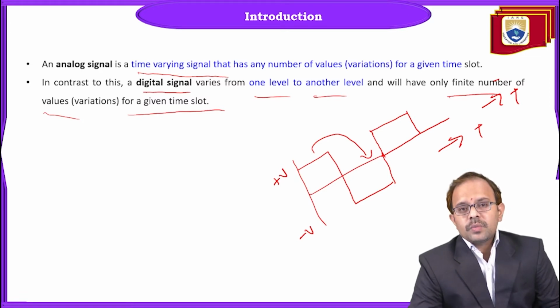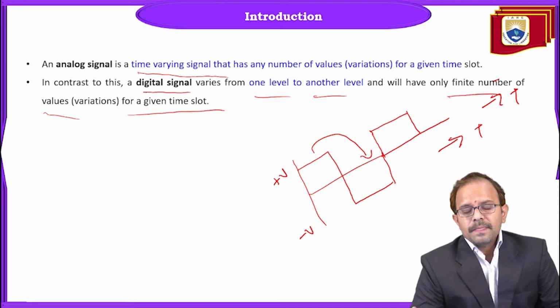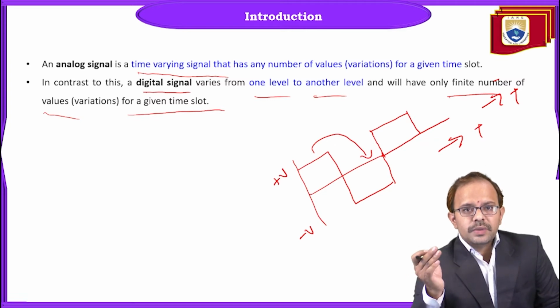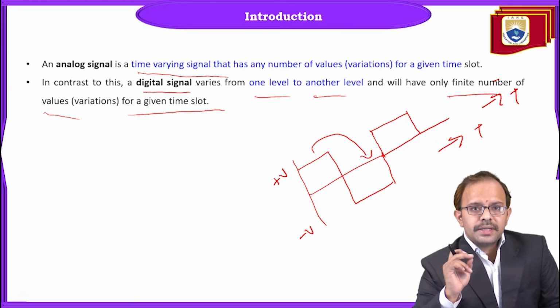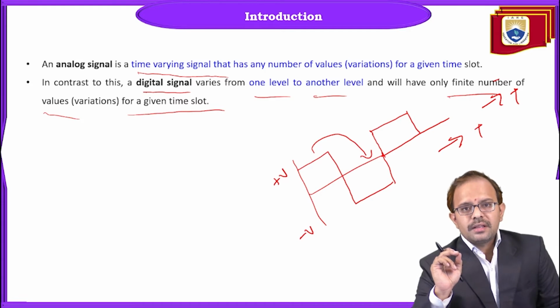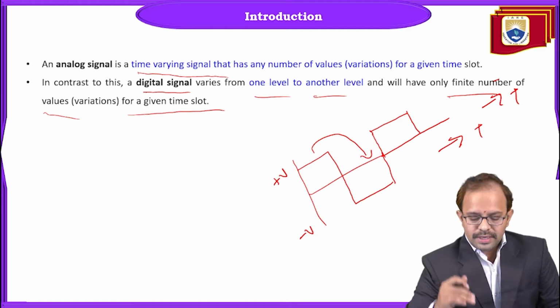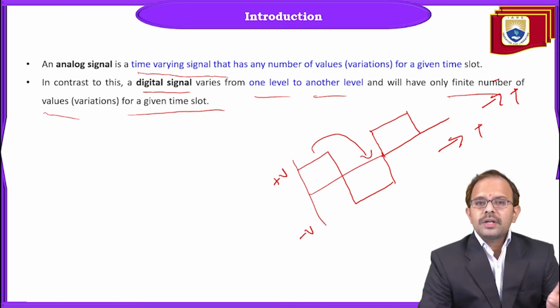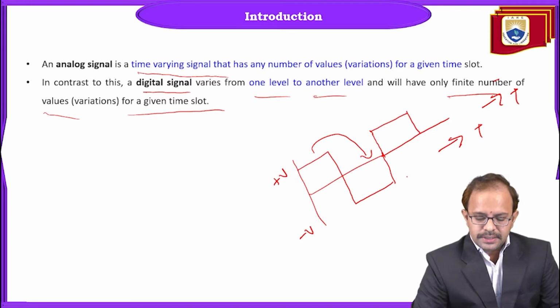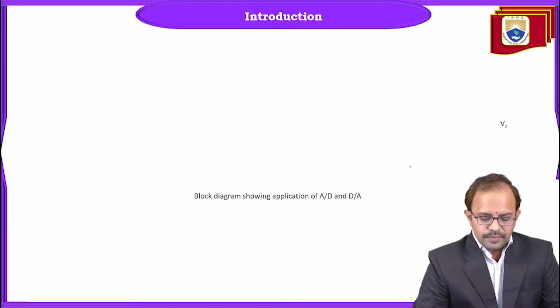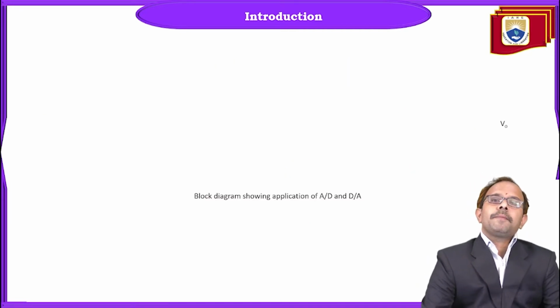So what we said in the case of the analog signal is that whatever the time instant we consider, one can determine the magnitude of the signal throughout the time period. Whereas here we have only two levels in this particular representation, or in this figure, right? Now let us look at the application block